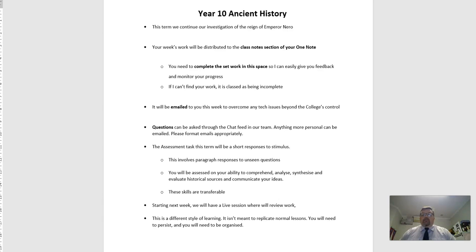I'll send that to you via your college email address. It's exactly the same work. If your OneNote isn't syncing or what have you, you can access it there and you can get started working on those activities. And we'll run through that with you in a little while.